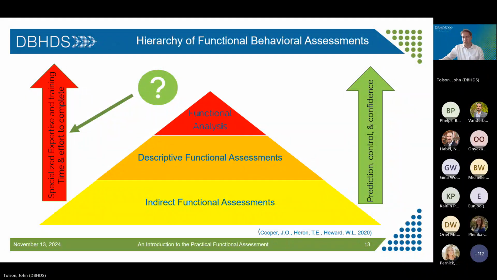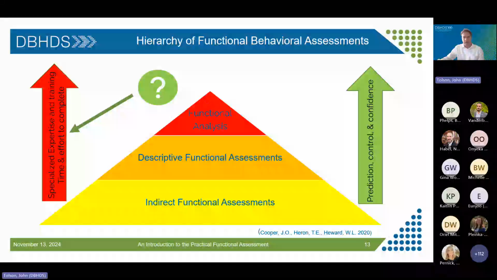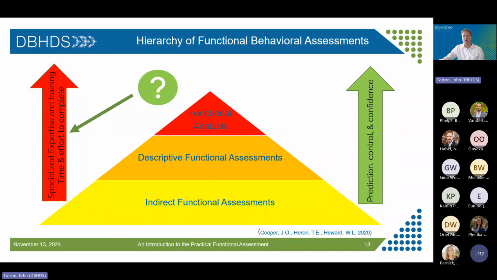Okay. So in the past, some clinicians, such as myself, were taught to start with indirect assessments. If not confident with the results, move on to descriptive assessments. If you still do not have a clear hypothesis of function, conduct a functional analysis. So an alternative approach, which of course is why we are here today, is to start with a practical functional assessment. You may be able to get a clear understanding of why the behavior is occurring in a shorter amount of time than conducting multiple behavioral assessments.